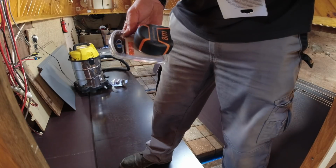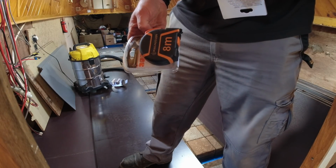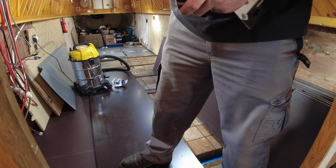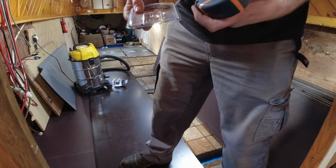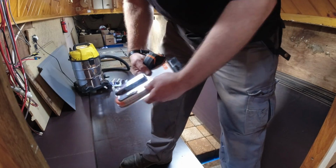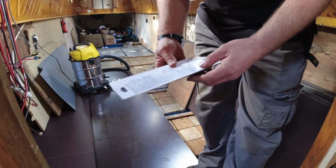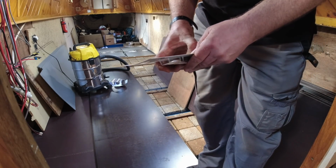I do have a tape measure somewhere on the boat. I looked for it the other day, I couldn't find it, so I've been out and bought a new one. So, a bit of an unboxing for you, an unboxing ceremony. And I've been out and bought a new knife as well, only because the blades on this are a lot longer than my